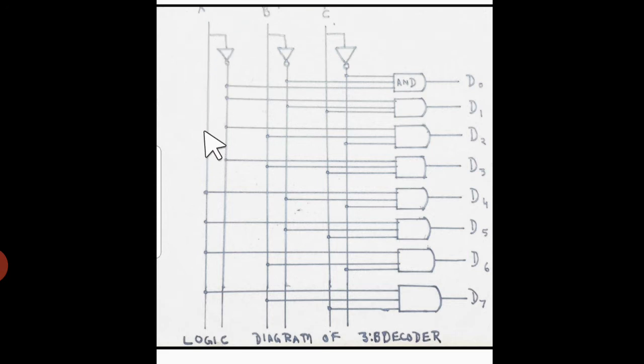3 to 8 decoder. Here you can see 3 input lines A, B, C and their complement through a NOT gate. So if A is representing the 0, so this NOT gate's output is representing A complement or 0. Similarly, if B is representing 1, then when it passes through the NOT gate, the output will be B complement. Similarly, C is 1, so this line is 0, okay. Because for producing different input combinations, we need 1 and 0 both, okay.